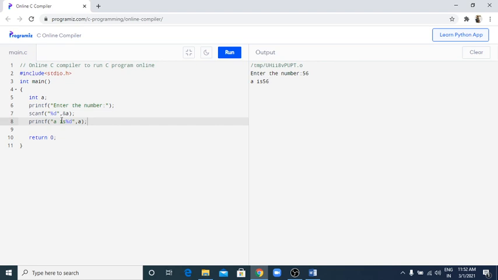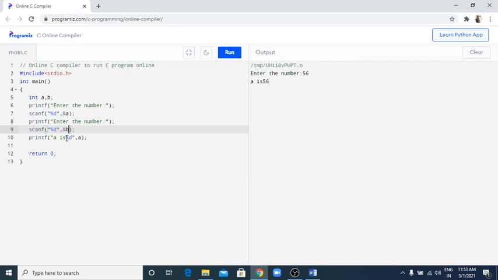So friends, now the next one is how to add two numbers. For the addition of two numbers, we have two numbers, A comma B. We declare two numbers A comma B. Now in the printf function, enter the number %d, A. Now here again, the next is the percent. For the B variable, we use the same statement, so I copy and paste it here for B. Now here: enter the number A, enter the number B.